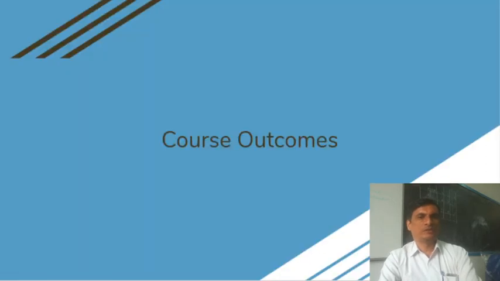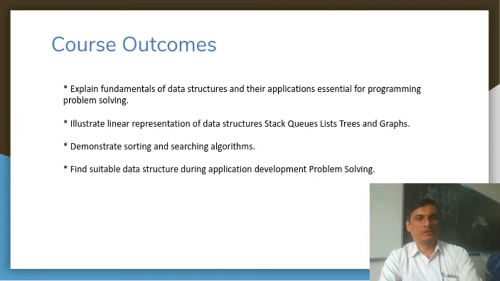And as I told earlier, whichever subject you are going to study, first you need to understand what the different course objectives are. Along with that, you need to understand what the course outcomes are also. The course outcomes define the demonstrable knowledge or the skills and dispositions that a graduate is going to possess after studying this particular subject.